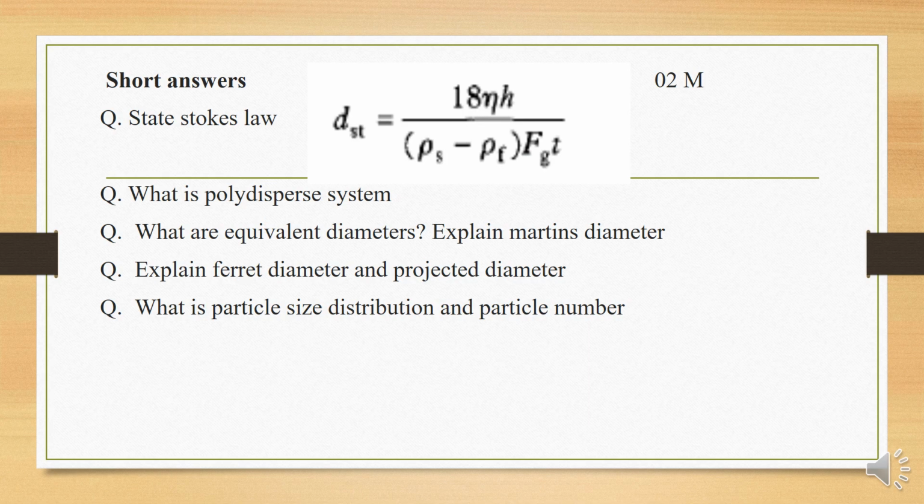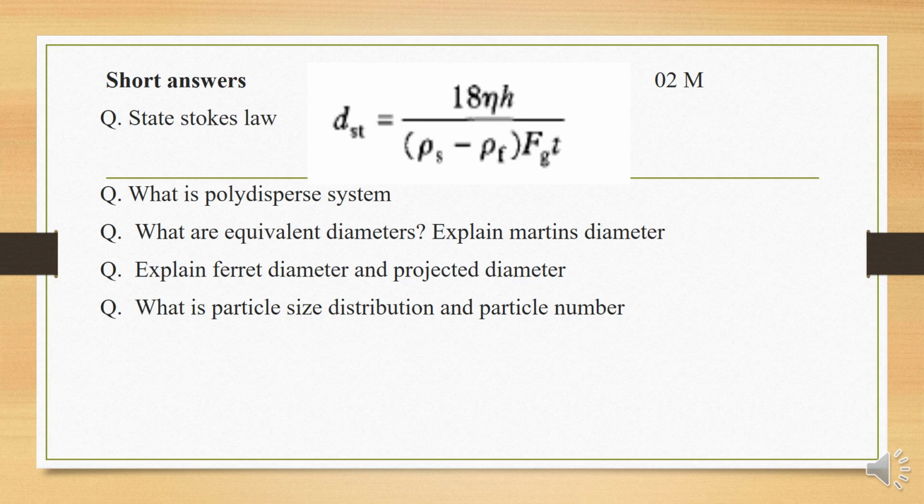So first one is about the Martin diameter. So diameter, we know it is relating to our powder size. Before that we have seen different ones, arithmetic mean, volume size, like that. Next we are going to study about the Martin diameter, Feret diameter, and projected diameter. So in case of Martin diameter, you have to consider a spherical particle. So here we are considering the length of the line that bisects the